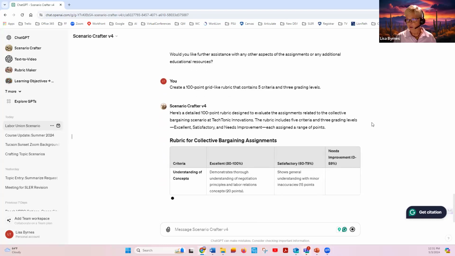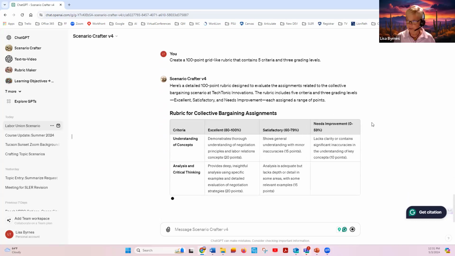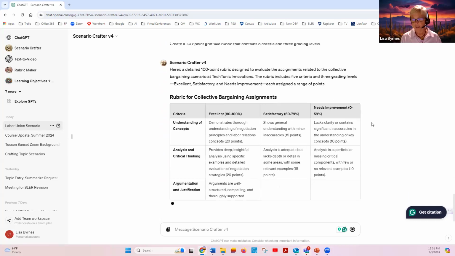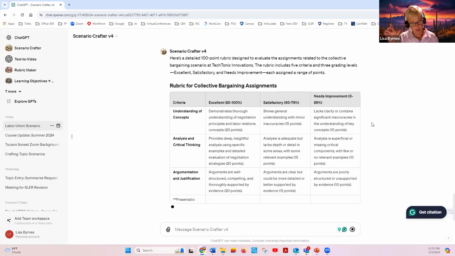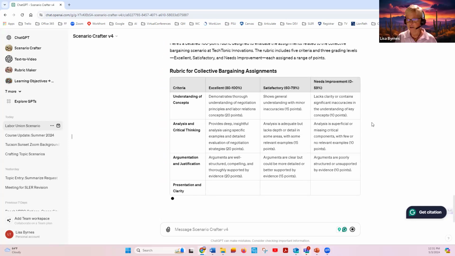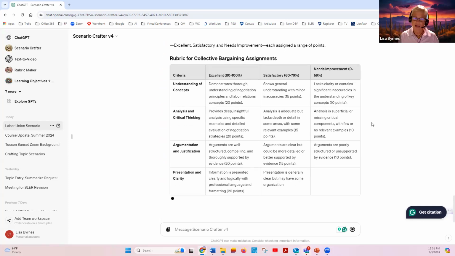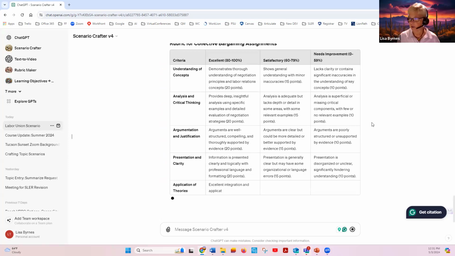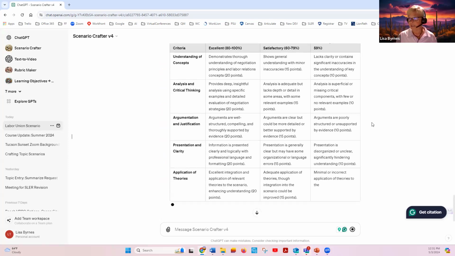Now, I know earlier Megan said that she didn't even have to put in grid-like rubric. If I don't put it in, it seems to bring it back to me as just written in paragraphs. So I always specifically ask for a grid-like rubric. And then it gives the criteria and the 3 levels of grading that I asked for, and with a 100-point